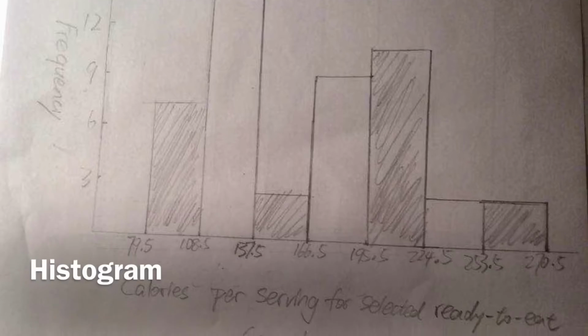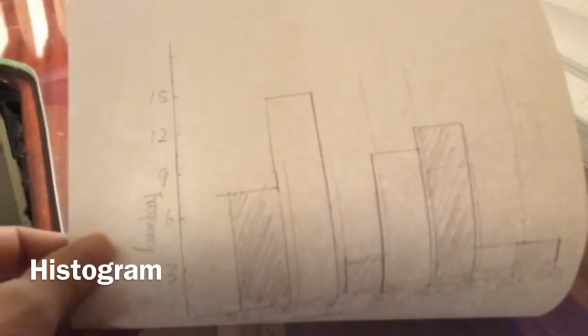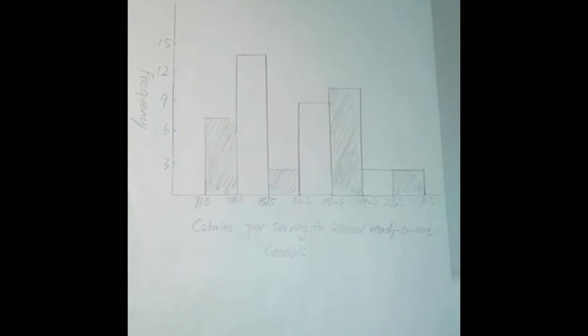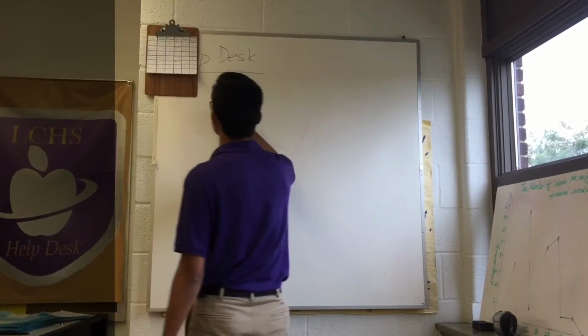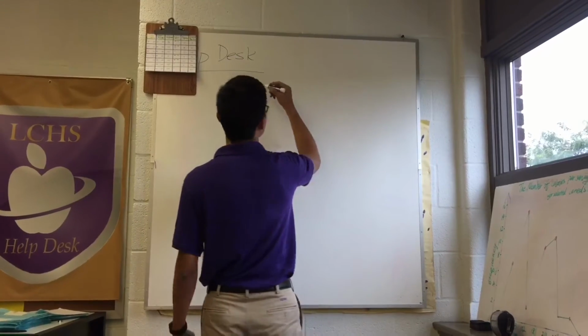You could choose to color your bars just to make it look more clear. The shape of this graph is a little bit right-skewed. We're gonna start with the frequency polygon. And start with writing the title. The title should be